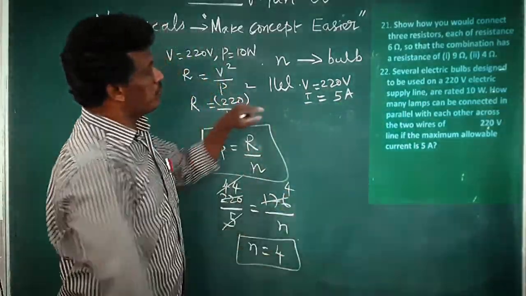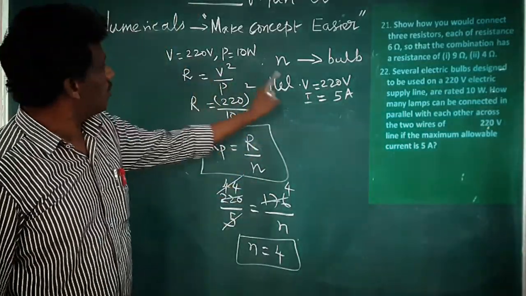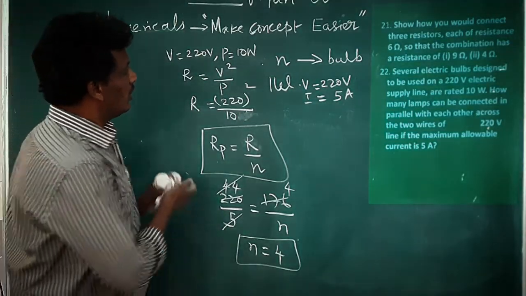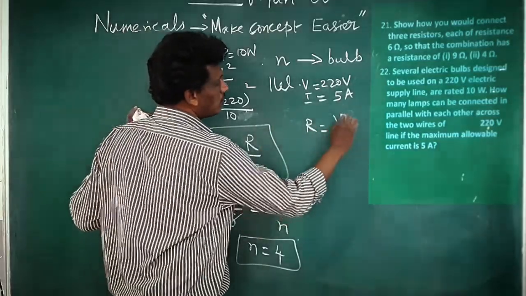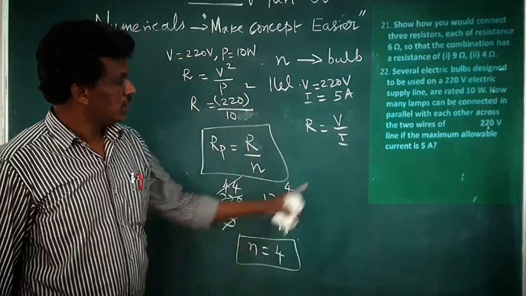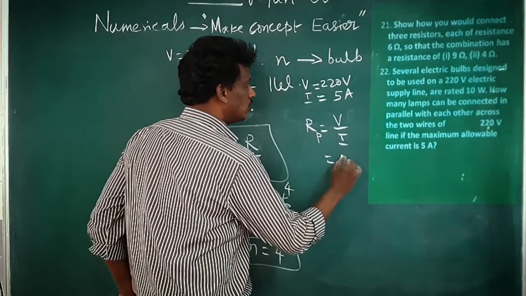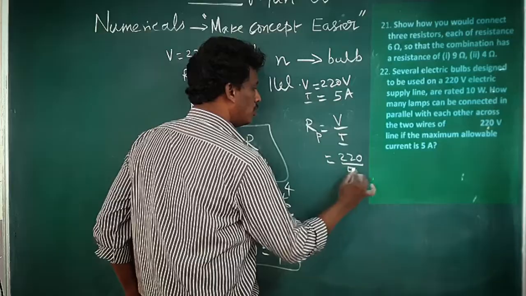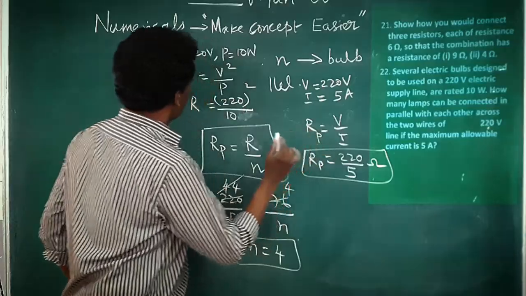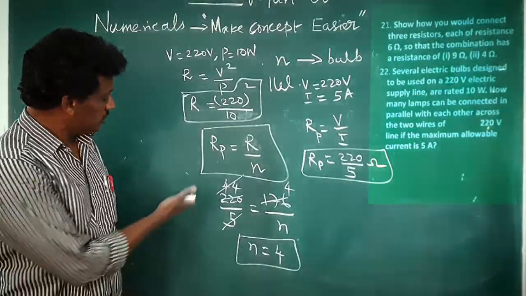You see that previous question number 20, one individual resistance was given, and they are asking for the other one. But now both are given not directly in terms of resistance. So here again we find out the resistance R equal to V by I. Potential difference in the line, how much? 220 volt. Current, how much are you getting? 5 ampere. It is in parallel. So 220 volt upon 5 ampere. This is RP. You see that? RP is this. R is this. That's all. Again use the same formula.